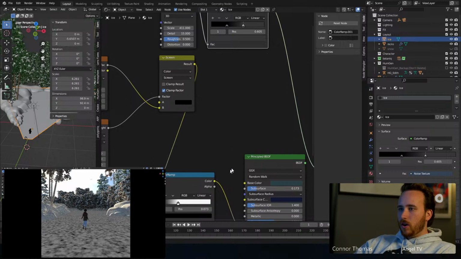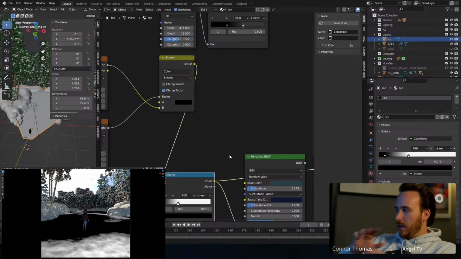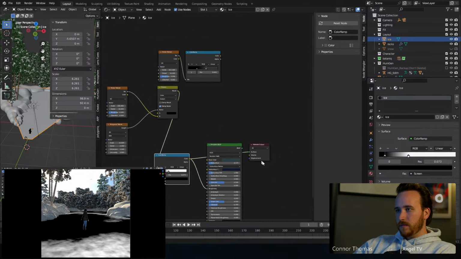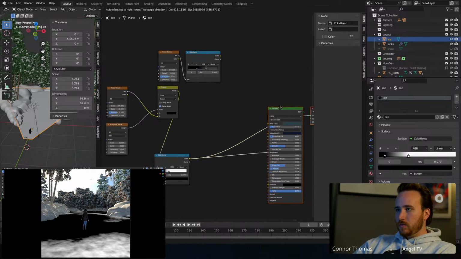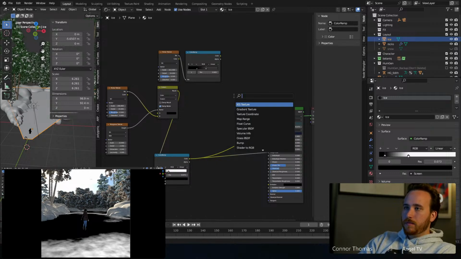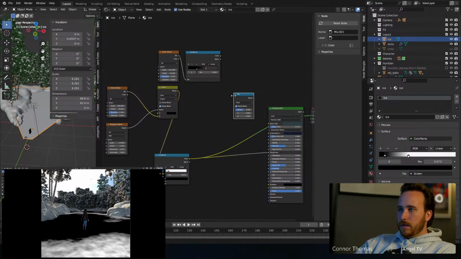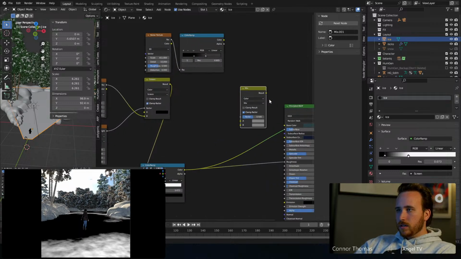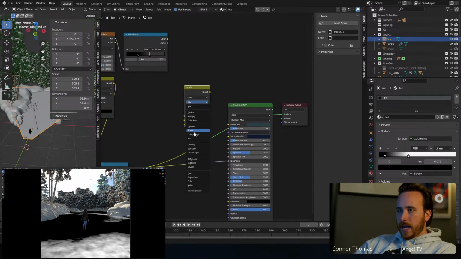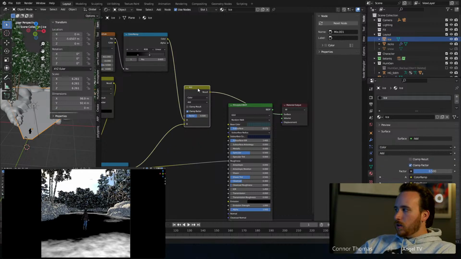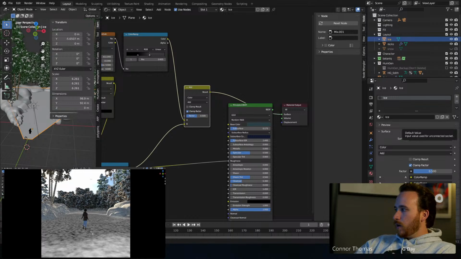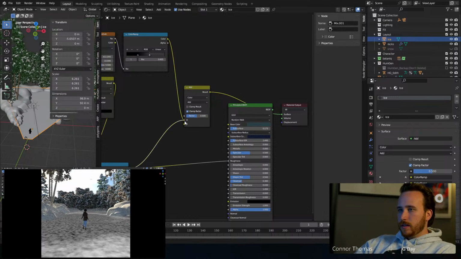Now for our very bright areas that'll be very, very rough, I'm going to be using a mix node and adding that on top of it. So if we just take a mix node, and then we'll take our color values, and instead of mixing, I'm going to be doing adding. And we're going to add this with, I think, B. So that'll make this very white, and then that will stay the same. Let's just double check. Yeah, and yes. And now if we plug that into our roughness,